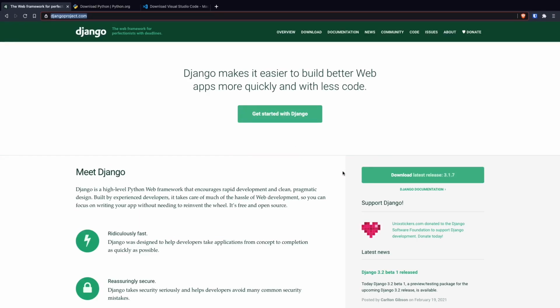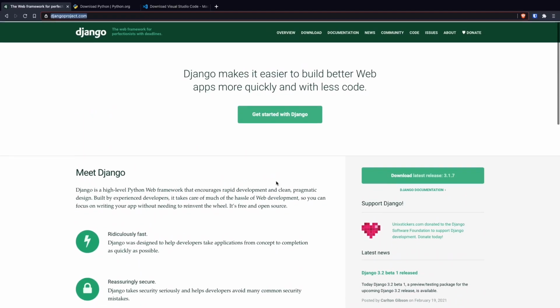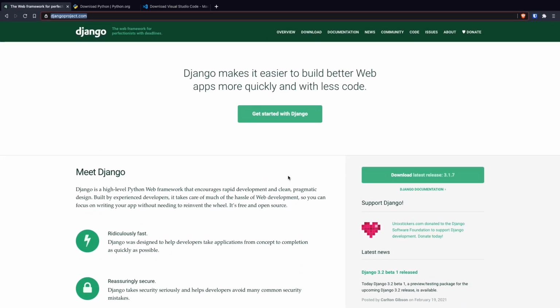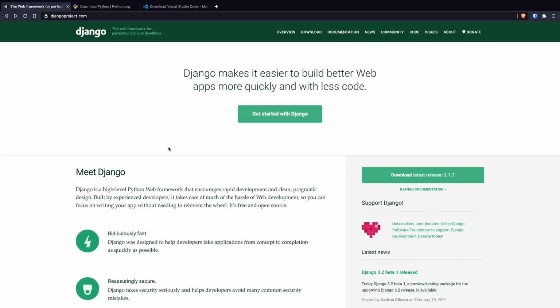I'll be working with you throughout this project, so you don't have to actually visit this page, but it's good if you go to this page and start reading what Django actually is and how it can make your life easier as a web developer. This page is the main page of Django. You can see the documentation here if you are stuck anywhere in the video. It's a very difficult documentation, but once you get hold of it, you will understand how easy